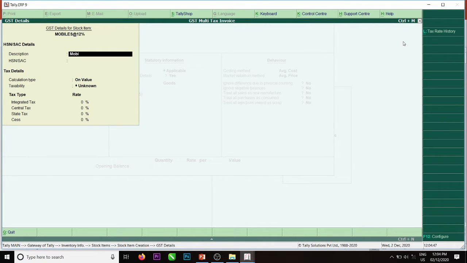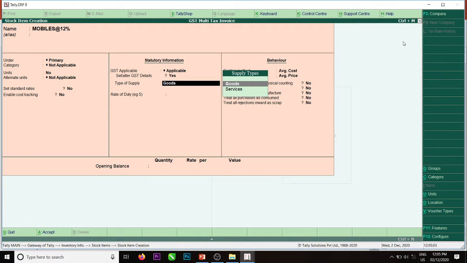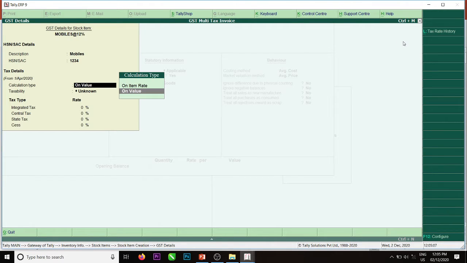Description, mobiles. Here the number, you can find, is a unique number for each and every item. Tax is calculated on value. Taxability, it is taxable. And integrated tax is 12%.